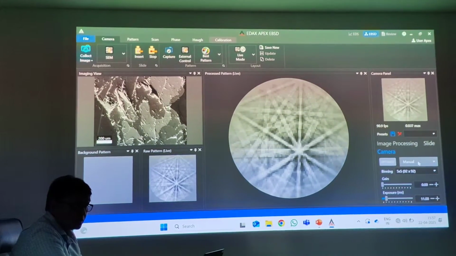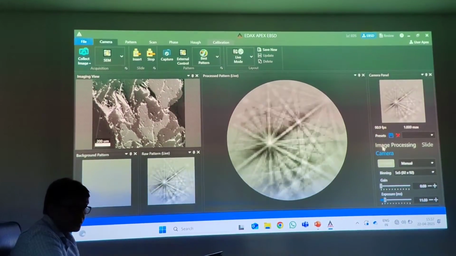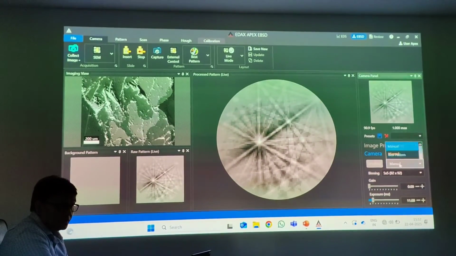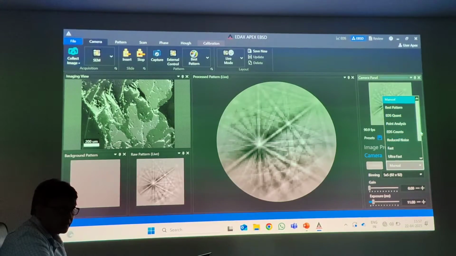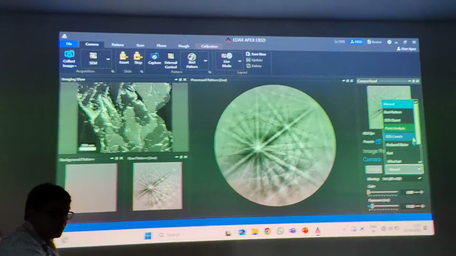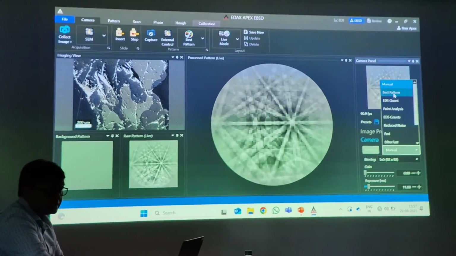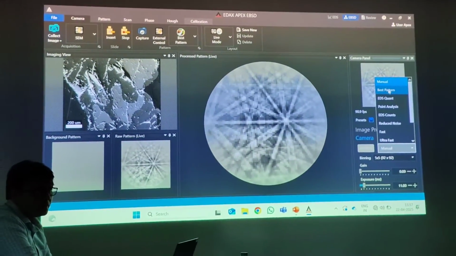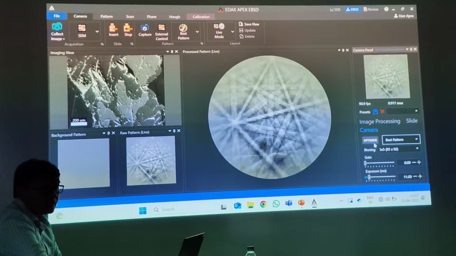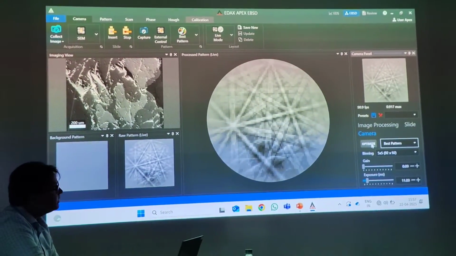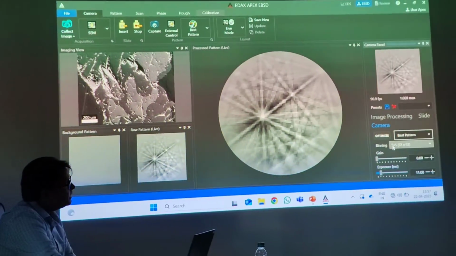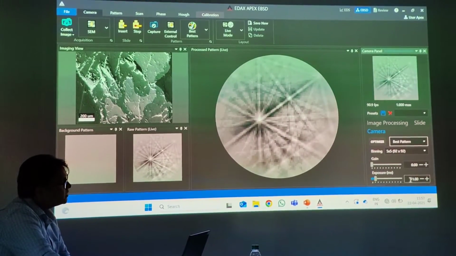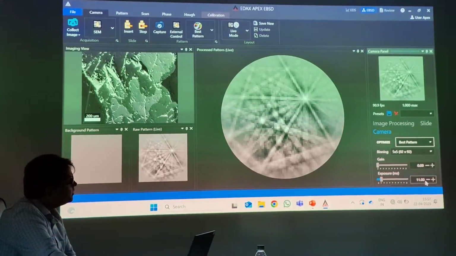Has he shown you how to optimize the camera parameters? Basically a couple of parameters are involved with this EBSD camera. You have predefined settings here. Depending upon your requirement, you can choose one of the settings. Let's say if you want to get the best pattern out of your EBSD sector, you will choose this best pattern option, and then you can optimize the camera parameters. Right now, if you see, my binning is 5x5, the gain values are almost 0, and my exposure is around 11.